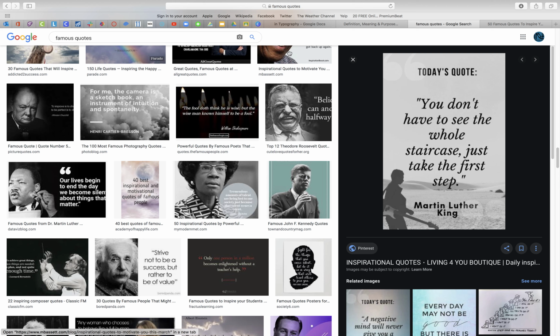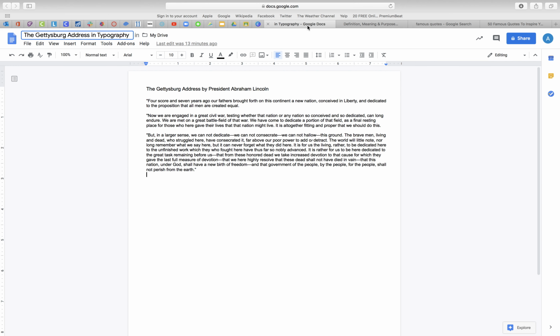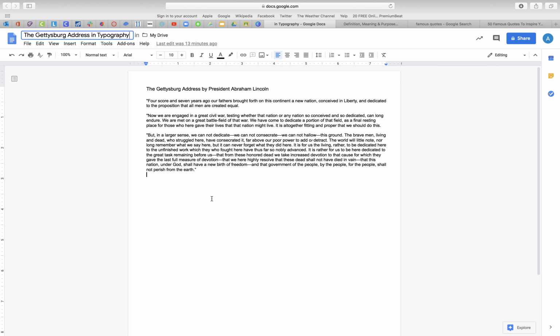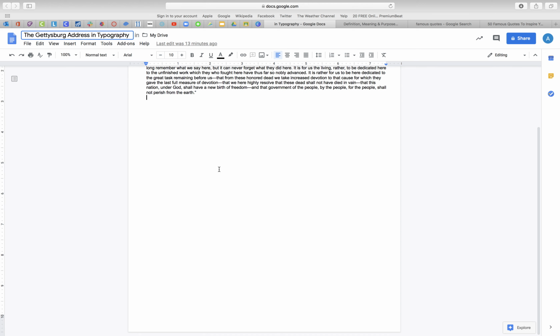All right, so let's go back to Google Docs. So do a Google search for ideas for emphasizing words and quotes, then open the Google Doc. It's going to have the Gettysburg Address by President Abraham Lincoln, and then these are all the words. Your goal is to get it on one page, and I don't want to see you just work in this space. I would like to see that your whole page fills the